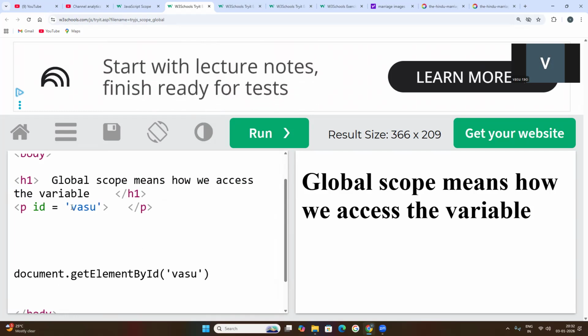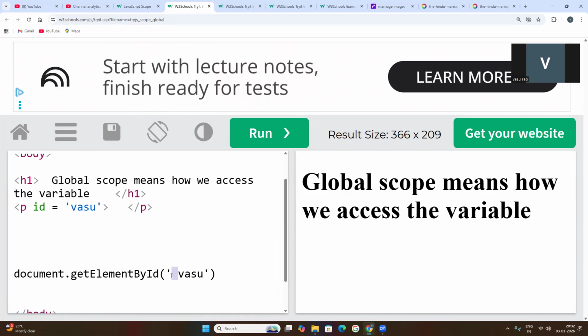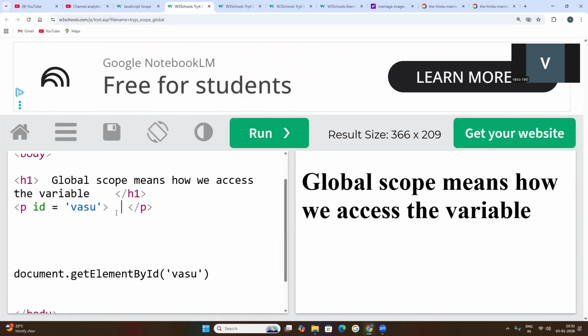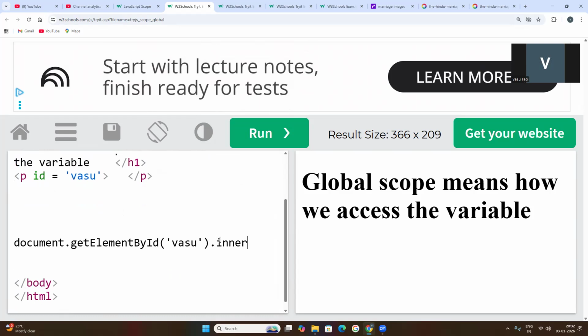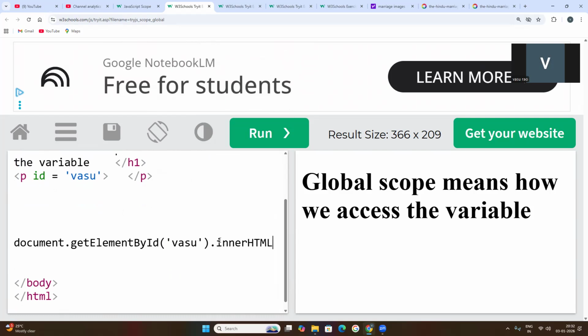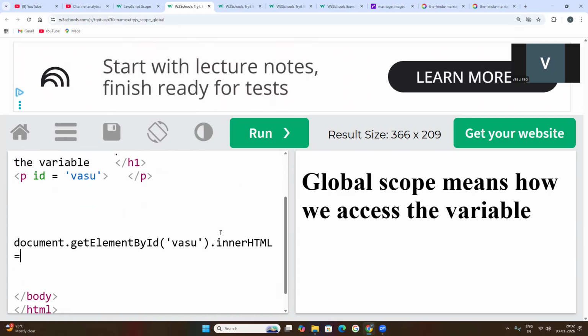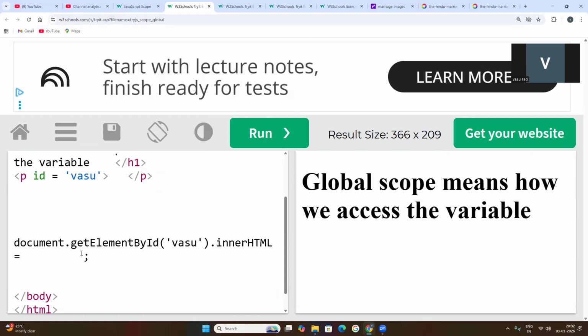What do you mean as it is? Because here there is no space. If you write a space, this is wrong because you have given one empty space. So you need to pass it properly. And then innerHTML is an attribute, and it must be passed with the HTML JavaScript element.